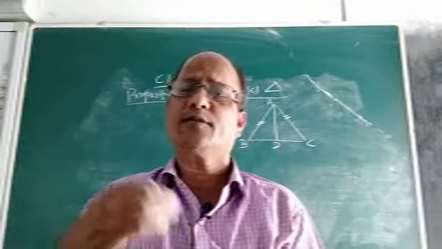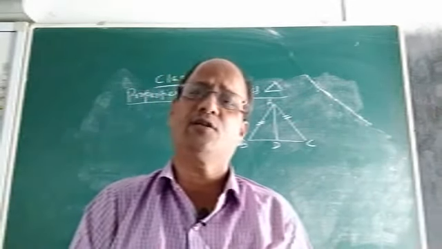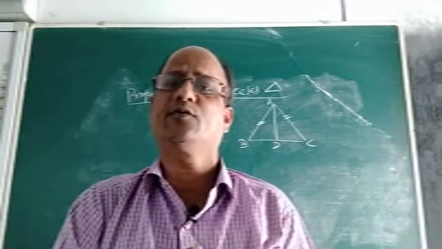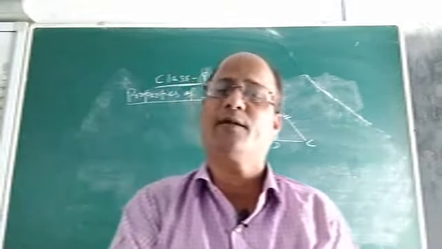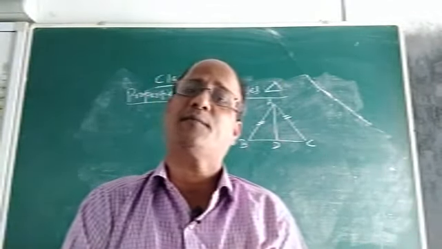Okay, today let us proceed to the next part in this same chapter, that is Triangles, as given in your CBSE syllabus. It is given: properties of isosceles triangle. You see, children, it is very simple. You know it in class. I remember it was there in class 7 also.